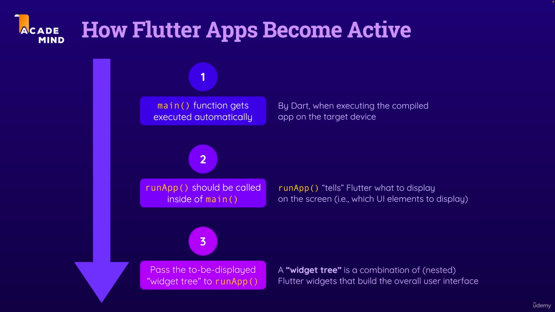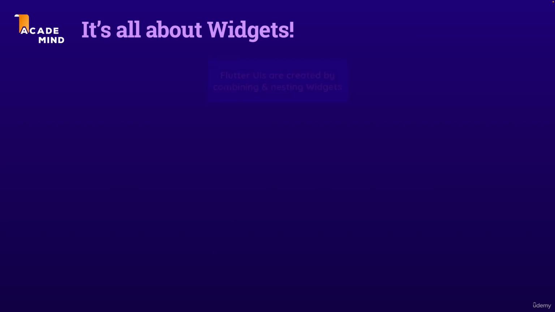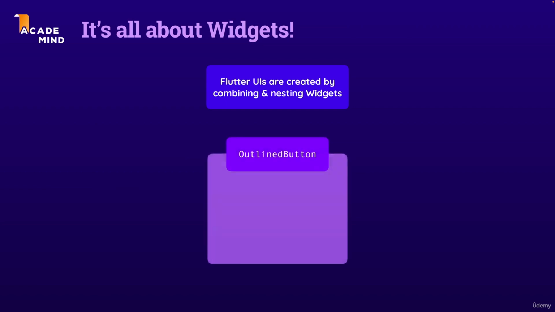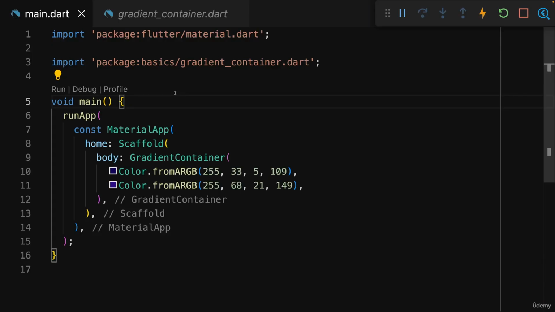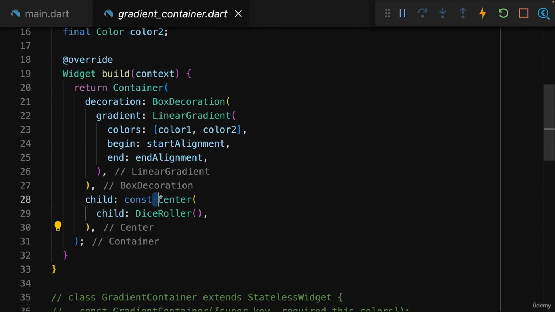It needs a widget or a combination of widgets, typically, that in the end tells Flutter what should be displayed on the screen. Because Flutter, as you learned, is all about widgets. It's all about combining different widgets in code. And that's also important. In this section, you learned that you in the end tell Flutter what to display on the screen by using these so-called widget things in your code, like MaterialApp, Scaffold, Center, Container, and many other